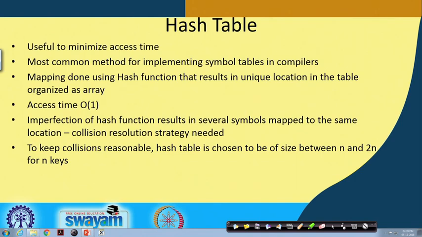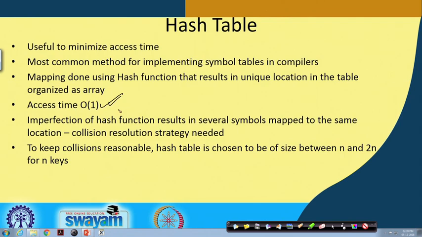Hash tables are used to minimize the access time, as we discussed in the last class. This access is constant time access, so access time is order 1. As we have noted here, it is the most common method for implementing symbol tables in compilers. We have already seen why it is like that, with mapping done using a hash function